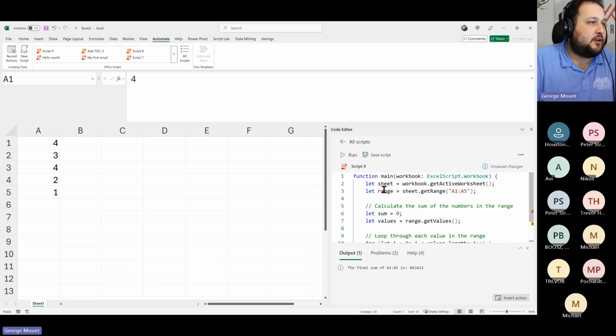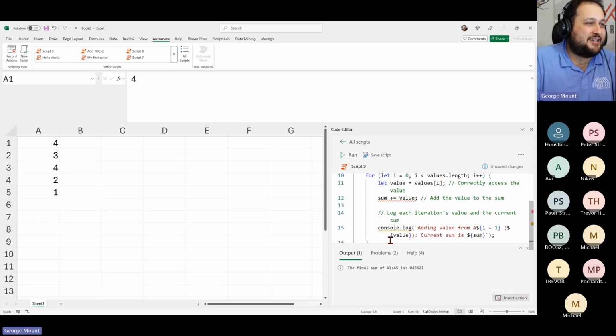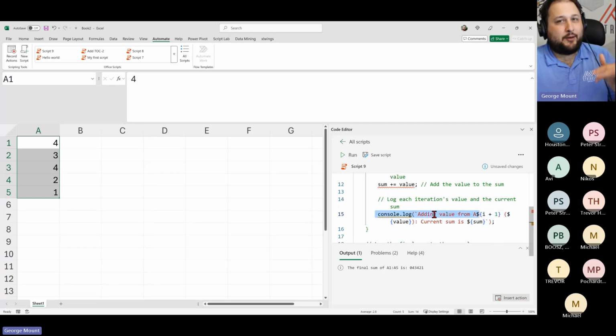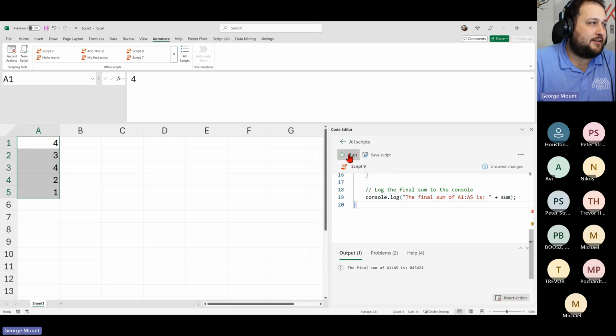All right, so we have our cells here. We're going to do the same thing. I'm not going to go through exactly what I just did here, but you are going to see this is where I am adding the value, right? So this is going to show us how do I get from point A to point B to point C and so forth? And what is the current value? And then what is the final value? So let's run this and we'll see exactly.